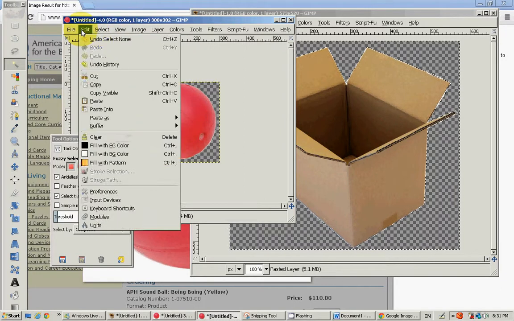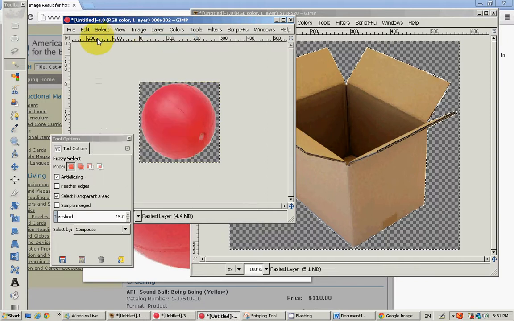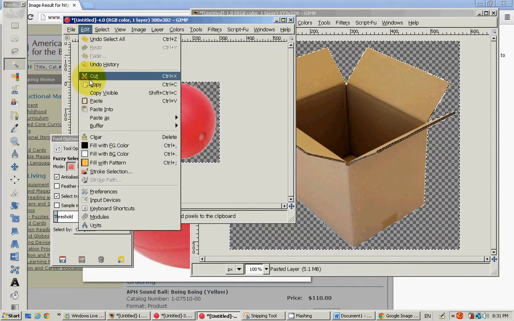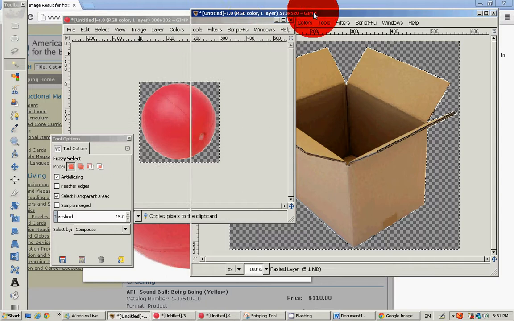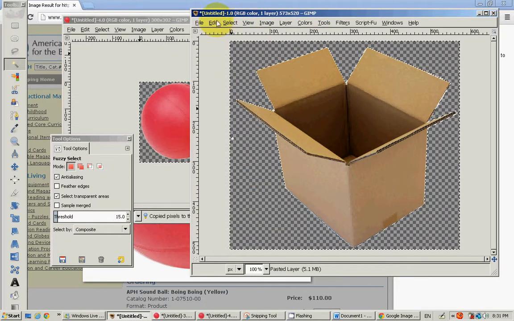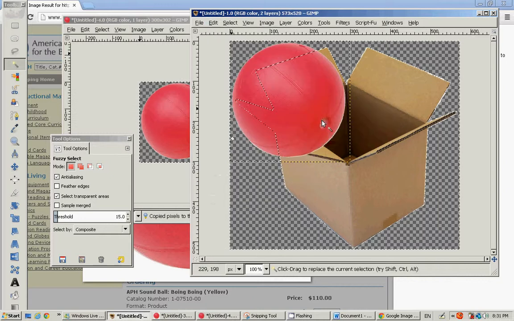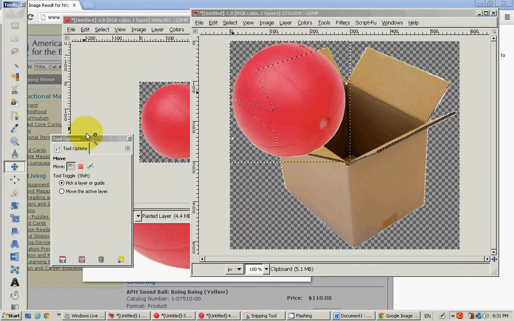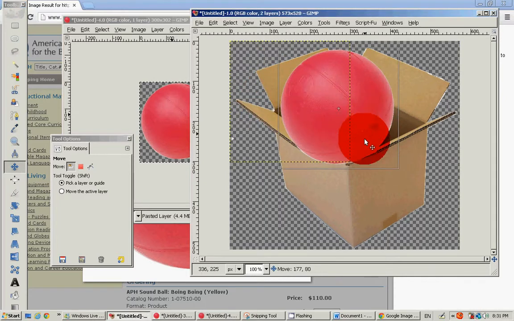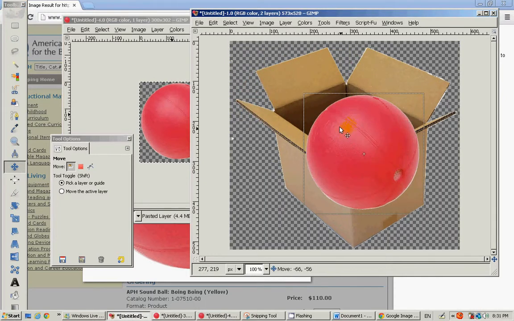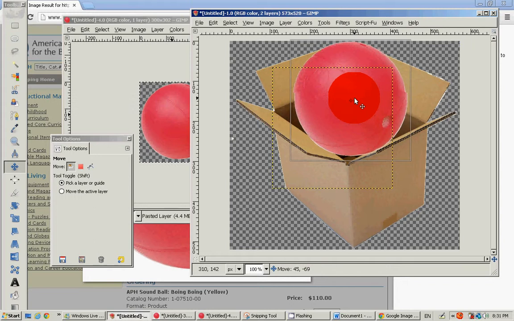And then select all, edit, copy, come back to here, edit, paste as new layer. There we go, and there's our new layer. And I'm going to use the move tool over here. Use the move tool, and I can move the new layer wherever I want on the box. So if I put the ball in the box like that,